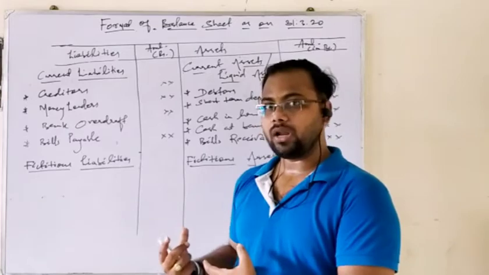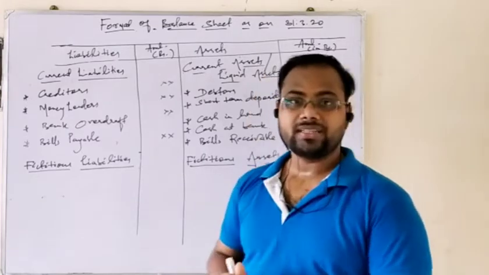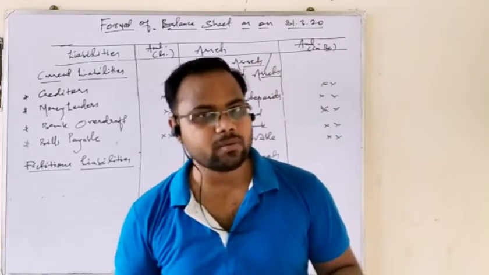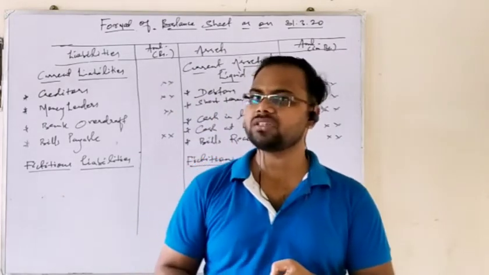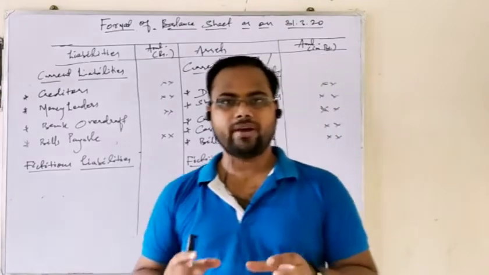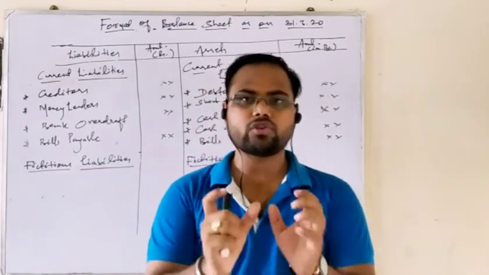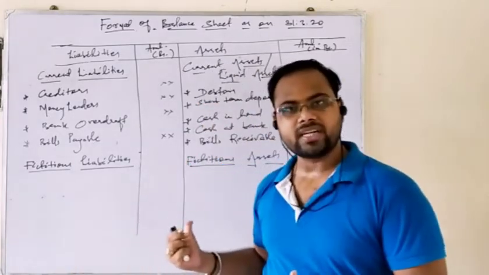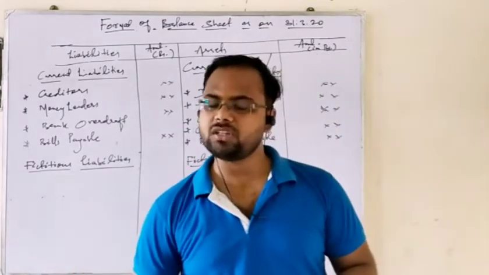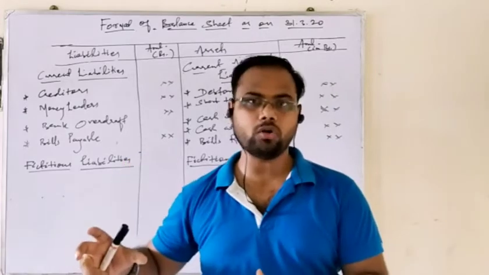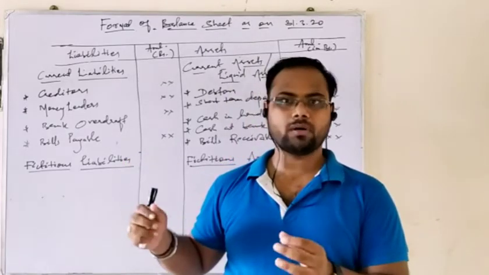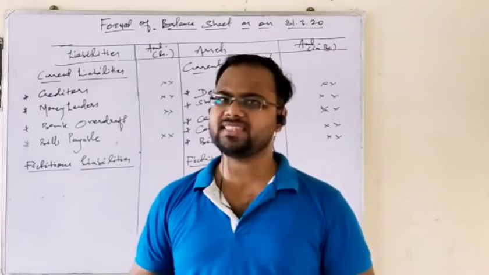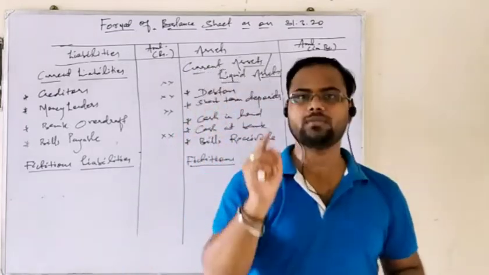This shorter amount involvement without any physical form is named fictitious. And those assets or liabilities, especially assets that are of bulk amount but do not have any physical existence, are named intangible assets. So please have a proper distinction regarding this. When the business transactions involve shorter amounts and do not have any physical form, they are named fictitious. And those assets of the business organization that involve bulk amount or bulk investment, but do not have any physical existence, are called intangible assets.